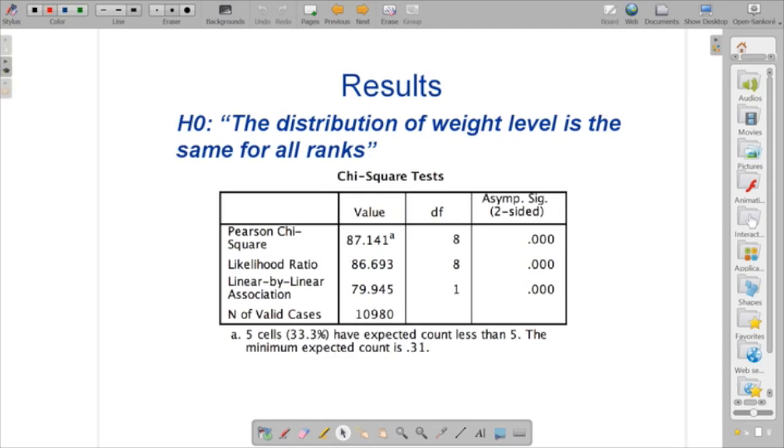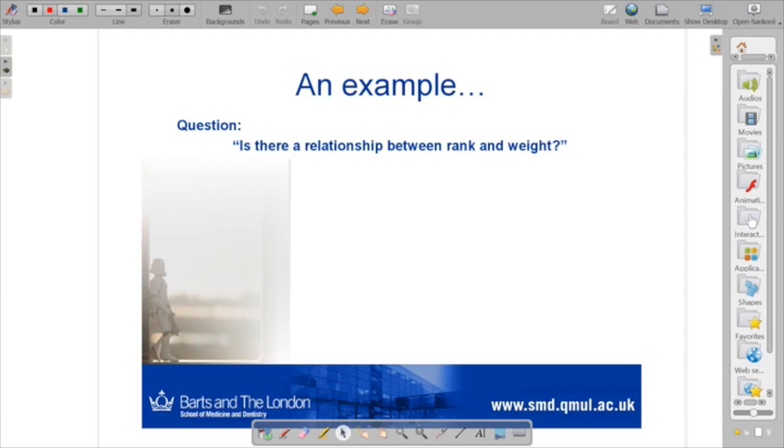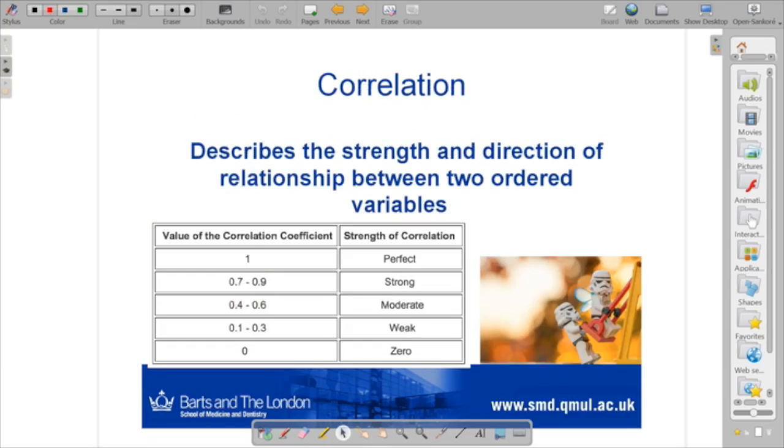Now, association is in some ways similar to the analysis of variance, not in every way, but it's telling us again about whether multiple groups have the same or different distributions. When we find that there is an association between distributions, if our categories, say rank, are in fact ordered,